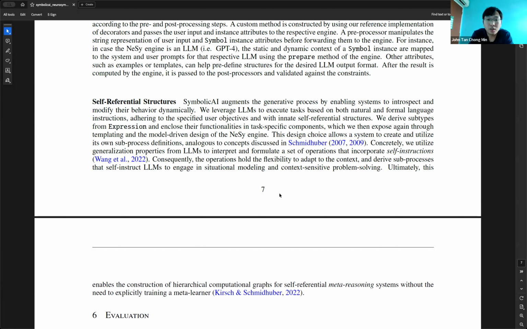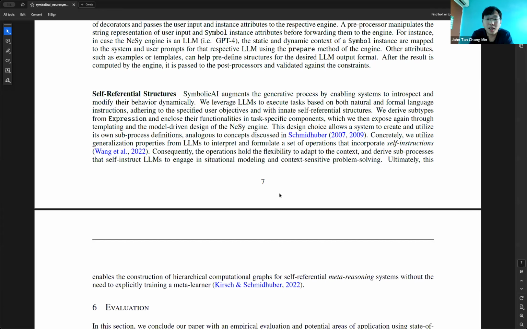Then what example can you give for one self-referential structure? This time you were talking about conversation. Maybe you could give a more concrete example of how symbolic AI would use this self-referential structure in that context. So in the context of Symbia, for instance, our chatbot, it has the capability to detect what the current execution is, what the context is, what it wants to execute, and then take one path or another to use different tools, where one of the tools could be again an LLM, if you want. Okay, so this is actually not exactly self-referential, it's more context aware.